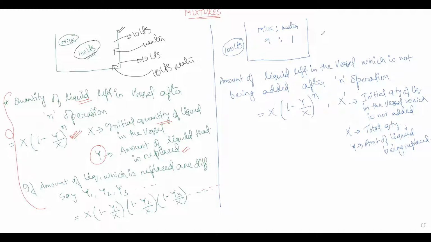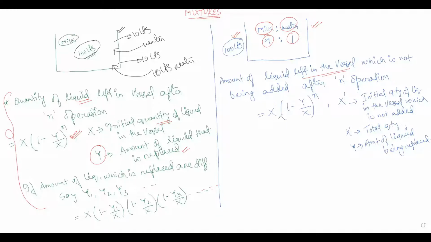Now, there can be one variation to this part. In the beginning, there was not pure milk in the container; rather, milk and water were in the ratio of 9:1, and again I'm taking the total quantity to be 100 liters. In such a case, the amount of liquid left in the vessel which is not being added after